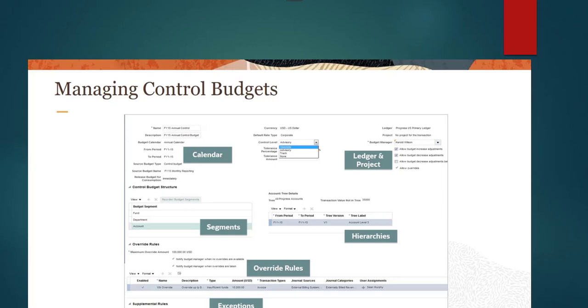This is because budgetary control and encumbrance accounting cannot be performed on requisitions, purchase orders, receipts and invoices retroactively. Again, once these transactions are entered and processed without budgetary control or encumbrance accounting, you cannot apply budgetary control or encumbrance accounting to them later on. However, if you have a detailed control budget with track control level in place before you begin entering transactions, you can later change the control level from track to absolute or advisory